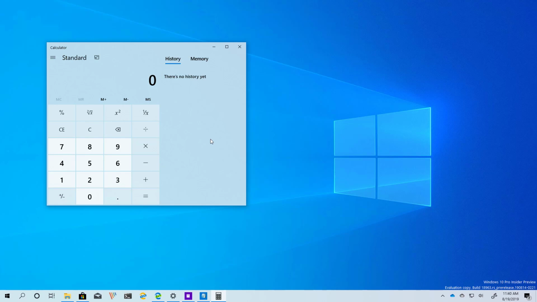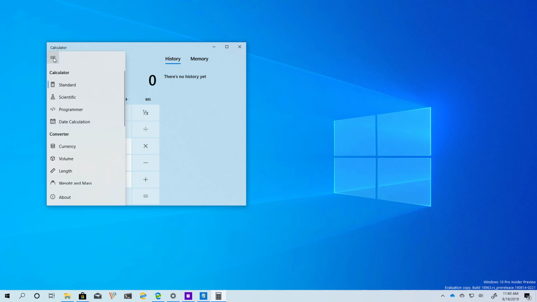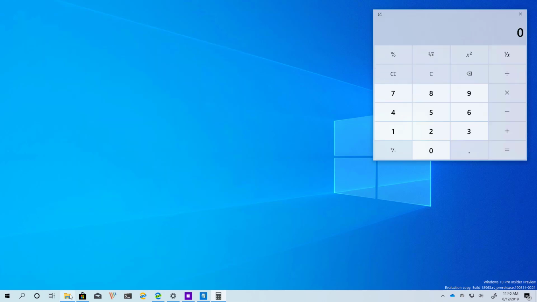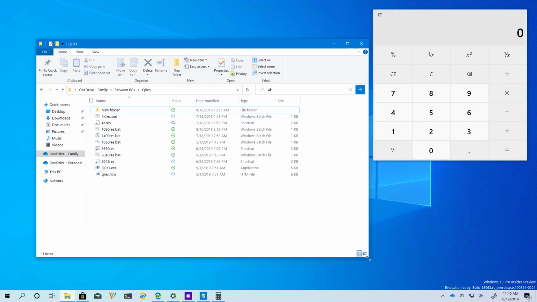Starting with Windows 10 build 18956, the calculator app ships with a new always on top mode that keeps the app always visible when working with multiple windows. But it only works with the standard mode. So first, you just need to open the calculator app and make sure that you are on the standard mode. And you will see this new button right here, which is named Keep on Top. So you just click that, and whatever windows you have open,